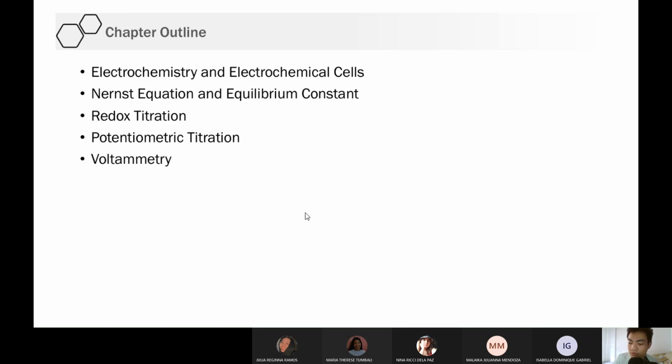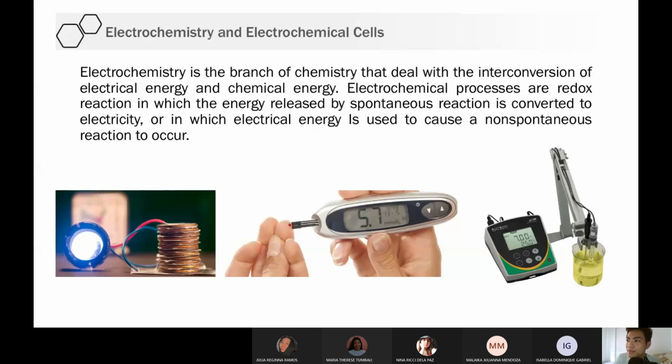Okay. So, ayan. So let's talk about electrochemistry. Why is this important and why is this related to your field? So when you say electrochemistry, we are pertaining to a branch of chemistry that deals with the conversion of electrical energy and chemical energy. Okay? So one example would be our batteries, 'di ba? Kung yung battery natin, ano nandun sa loob nun? Chemicals lang yun eh. But it can produce electricity.